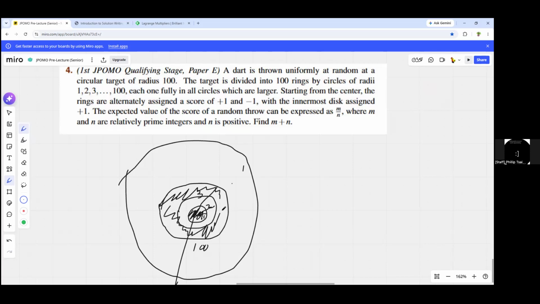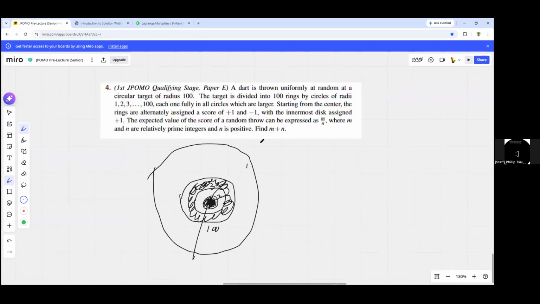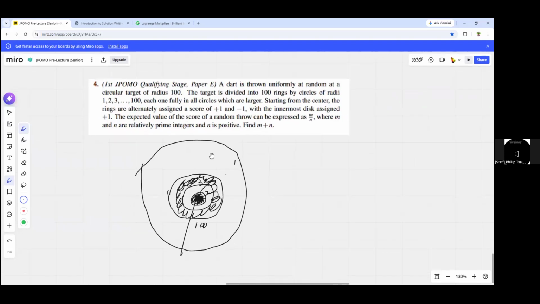So, a circle with radius 1, for example. Just pretend this is black. Okay, so it looks something like this, and then we go on and on, all up to 100. So first notice that